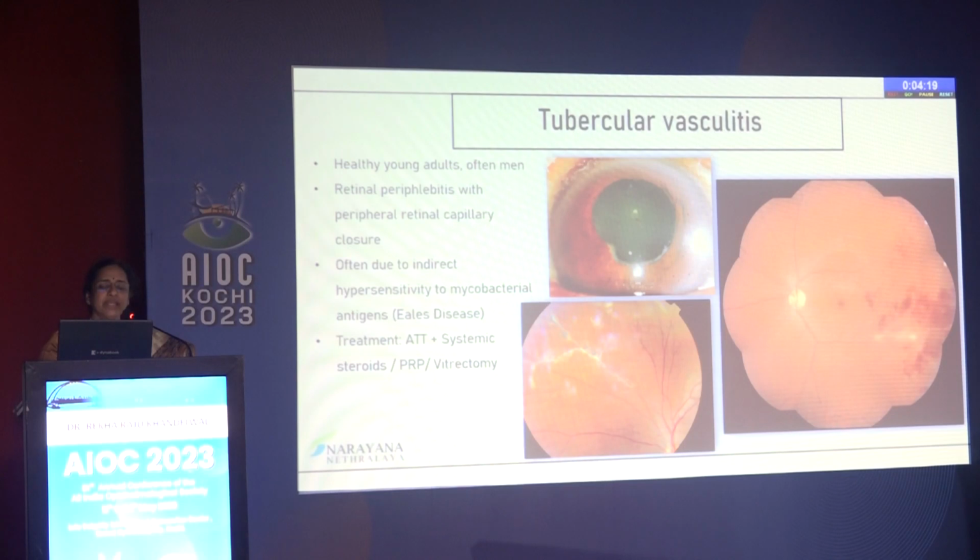In the anterior segment, they can have broad-based posterior synechiae. They have peripheral vasculitis, and FFA is important to map out the areas of capillary non-perfusion. We treat them with ATT, systemic steroids, and laser photocoagulation if there are capillary non-perfusion areas in the retinal